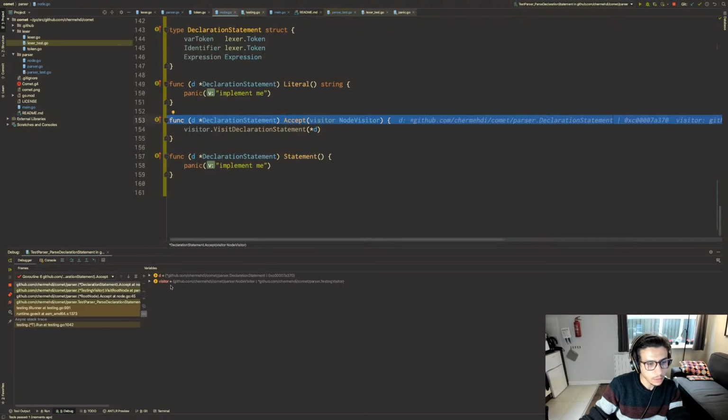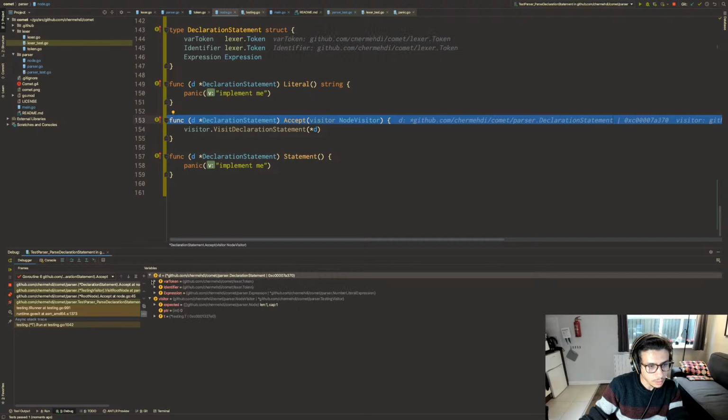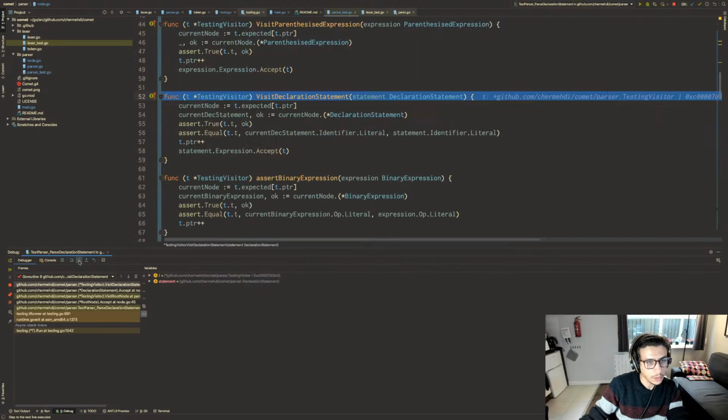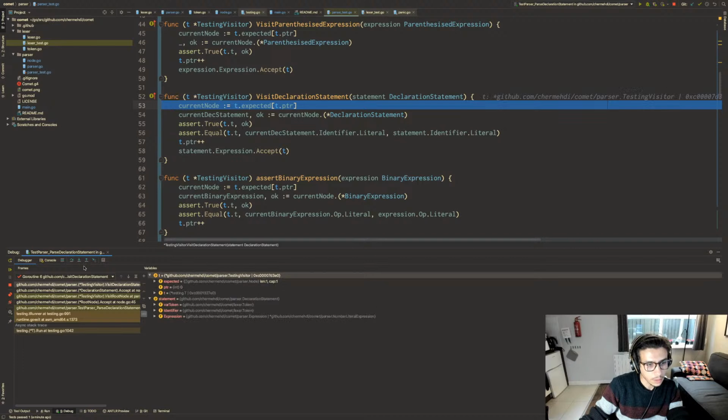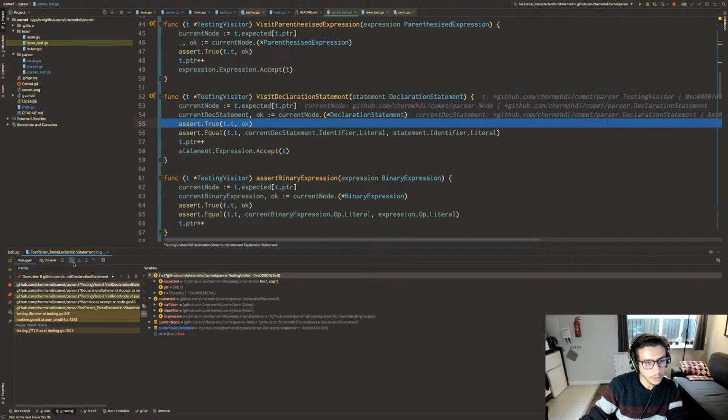You have the visitor, and then in the scope we have the var token. So we try to visit this, and then the expected pointer is 0, so we check the first one. The first one is 0, and